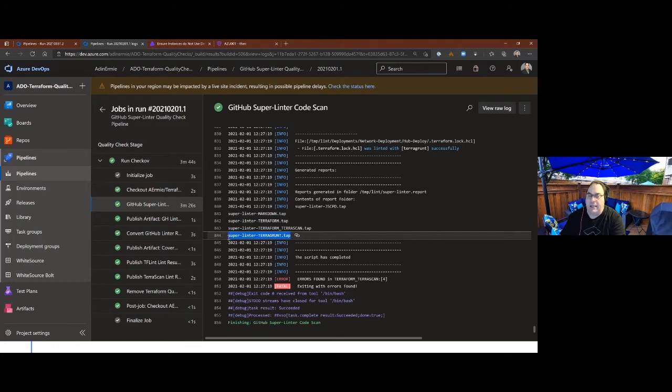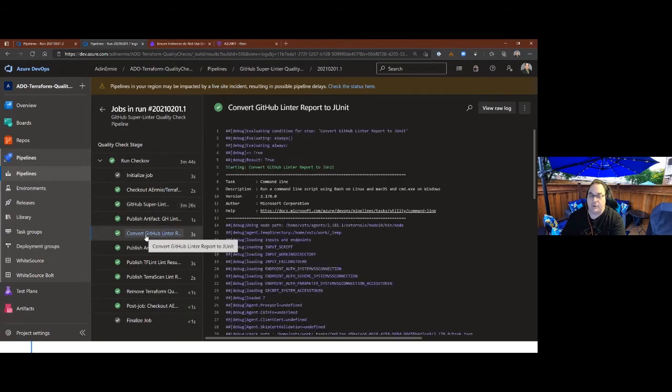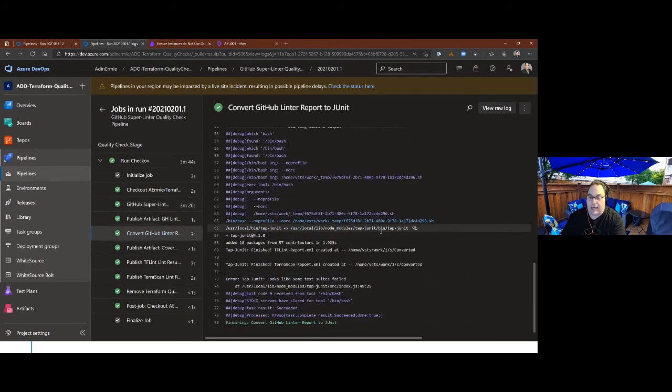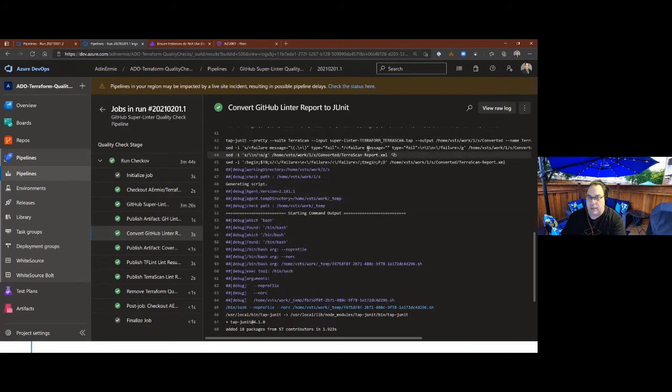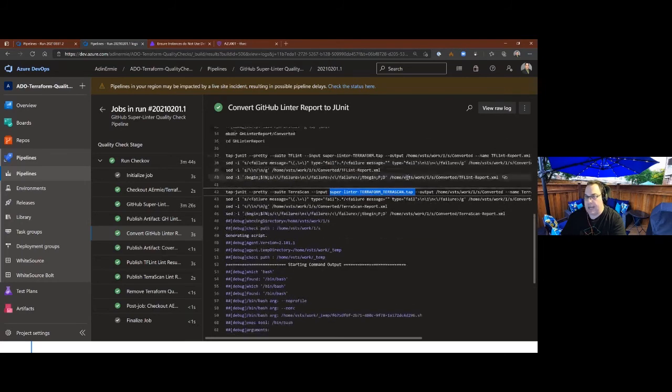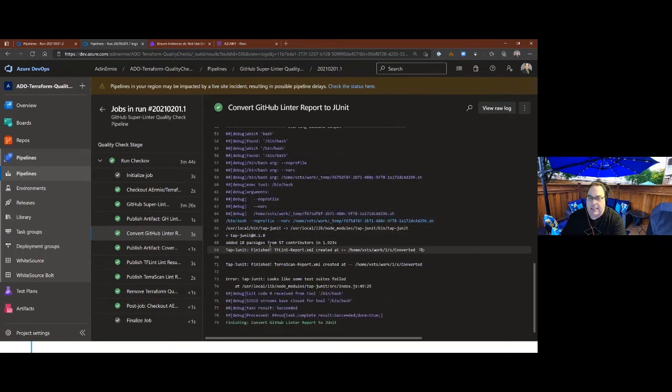And this tap file is the object we then need to do that conversion on, so that we can publish it in the results. That's why I have a conversion step here that goes and grabs the tap file in that directory. Here I'm explicitly saying go grab the terrascan and tflint one, because that's what I'm working on. And it's using a little utility called tap JUnit, which will convert the tap file into JUnit format, which is supported for the pipeline execution.